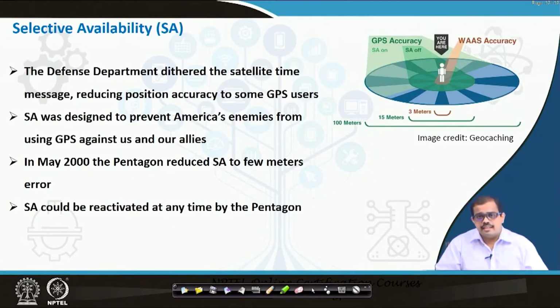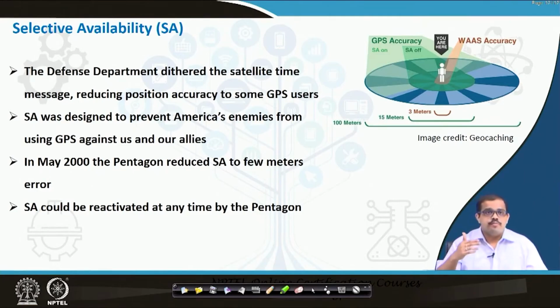So there is a concept of selective availability. When I say selective availability, you can understand selective. It is selective to certain segments of users only, or when you look at the Department of Defense, the satellite time, the message, the position accuracy was withheld for certain GPS users of certain countries. It is mainly the policy of Department of Defense, so that the countries which do not have the same ties as that of the US will not have access to the precise positioning system, whereas it will have a